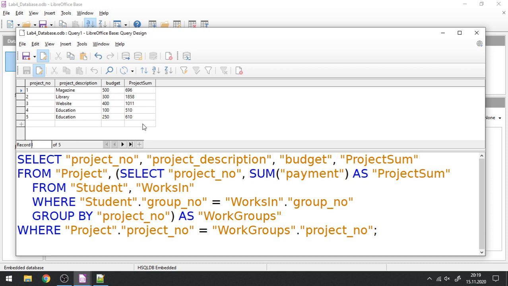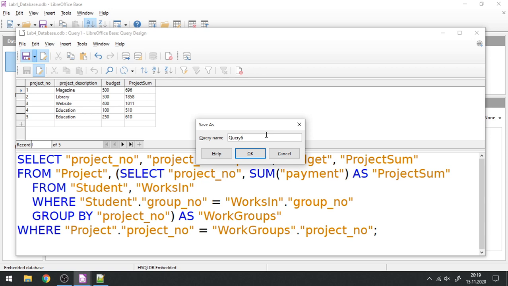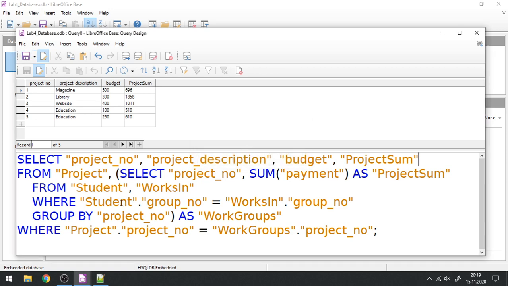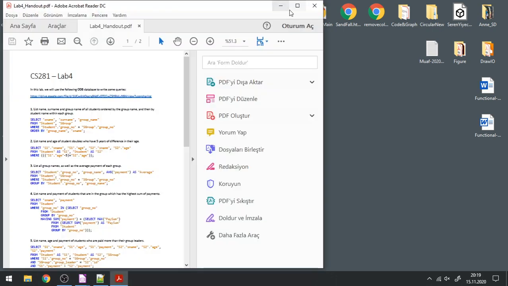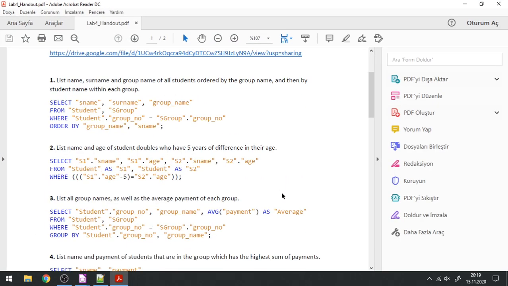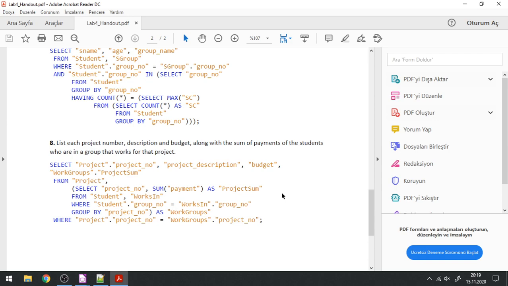So these are a little more complicated queries that you might need in the project. But other than that, that will be it for today. Let me also save this query as query number 8. And remember, the handout is also included, so you already have the queries,